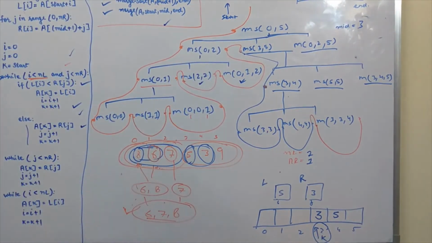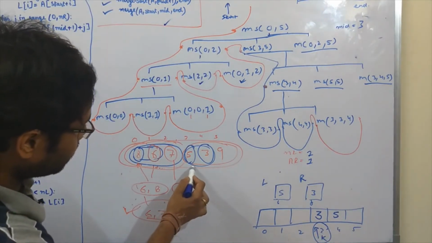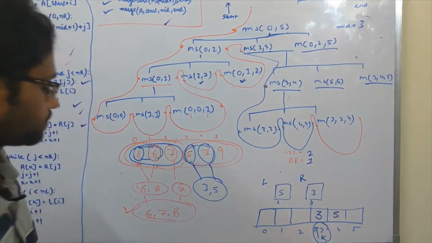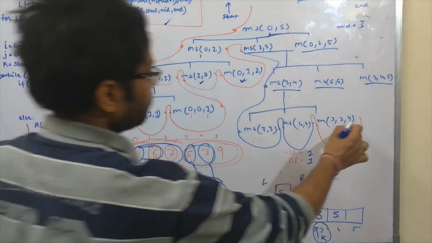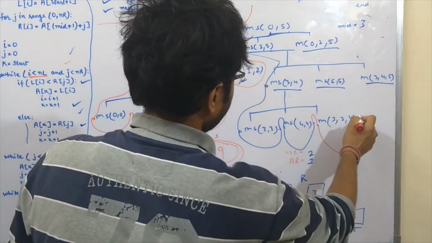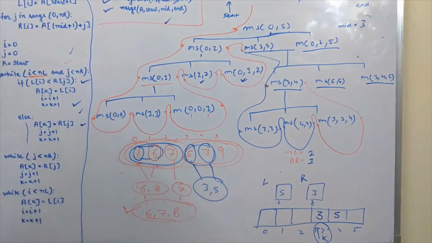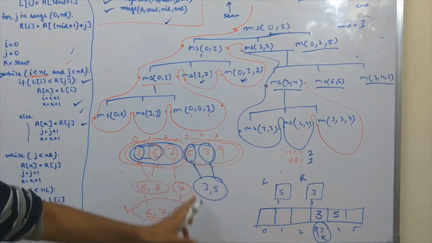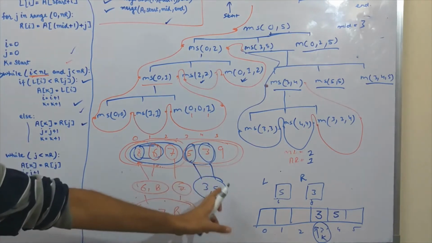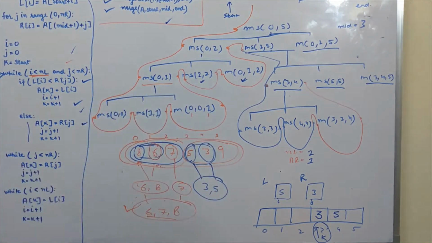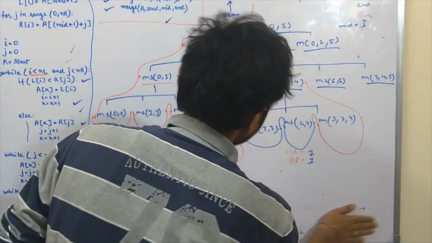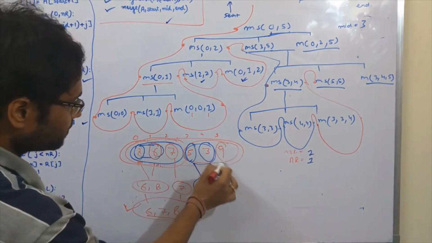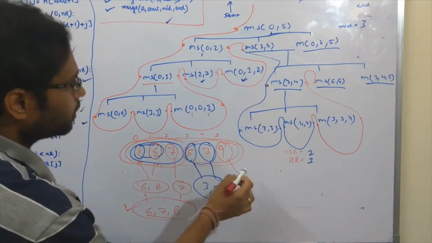So what is done, 5 and 3 are sorted to 3, 5. Till the time we came here, the merge sort procedure has sorted the elements from 5, 3 to 3, 5. So both these elements are already sorted. Now what is the next call? Now 5 comma 5 is called, or 5 comma 5 is 9. As you can see, it is already sorted.